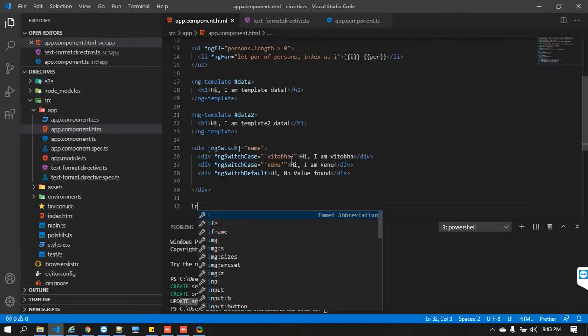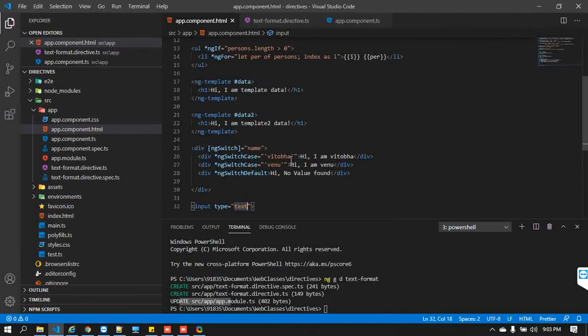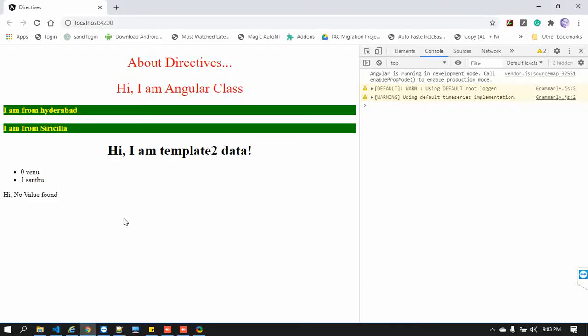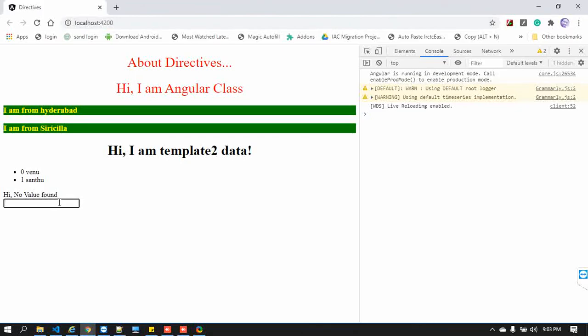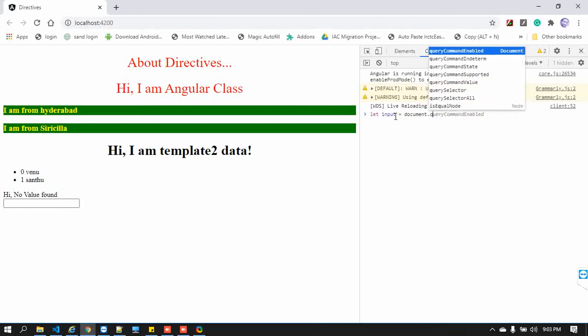Before that, I'm coming down and putting in one input. Select, come back. Yes, so we got this field. Now let input equal document.querySelector.